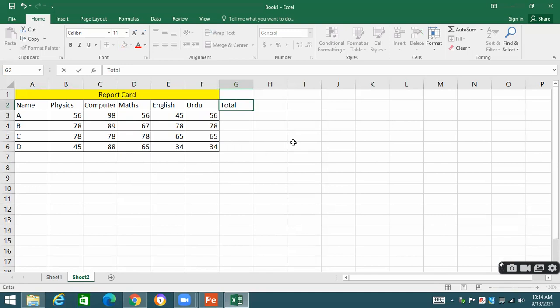I can apply a function. We start from the basic one, which is sum. Sum, which values? I can add these values one by one, or I can select this range. See what is written over here: B3 colon F3. It shows that we are adding one range, starting from B3 and going to F3. Parenthesis closed. Enter. When you press enter, you will see that the value has been generated. How has this value come over here? See the formula, B3 colon F3, and the answer has arrived over here.